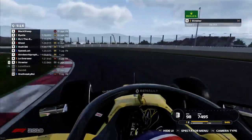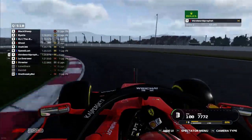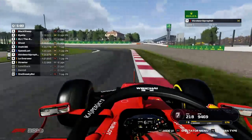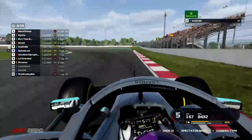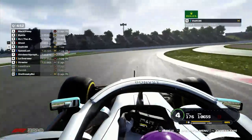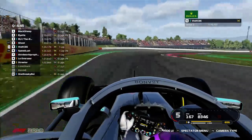Streeter's still roaming around on the hards. Your teammate, Third World Prophet, back again. He's actually picking up the game pretty quickly, and I'll let Kapil take over from here. So KC not on a lap. Things are cooling down a bit. They'll probably resume in maybe 2 minutes time. Well, right now let's stay on board with